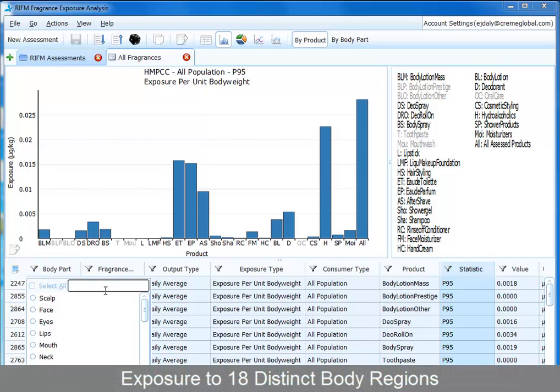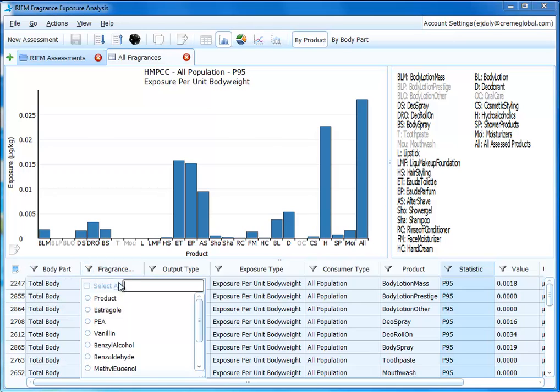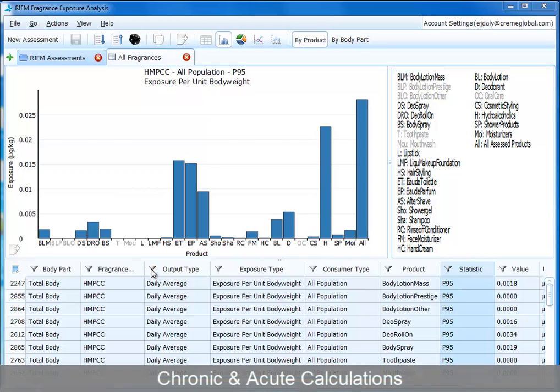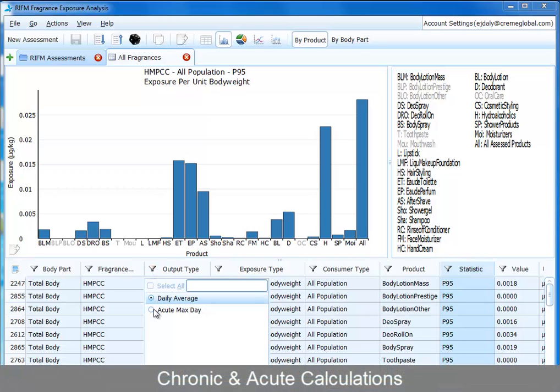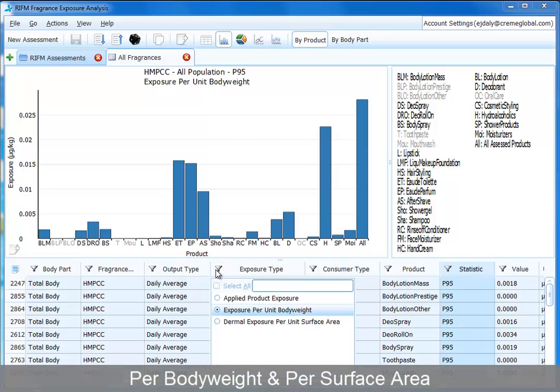Exposure is calculated separately for each of the 18 body parts, and this first column allows us to select those body parts. The second column contains the list of fragrance compounds analysed in this assessment. The third column lets us choose between chronic and acute calculation types. In the next column, we select the exposure type. The main types are exposure per unit body weight, which is related to systemic exposure, and exposure per unit skin